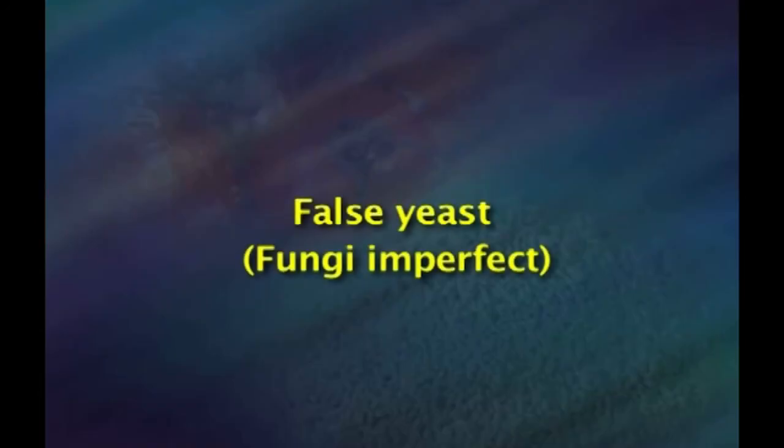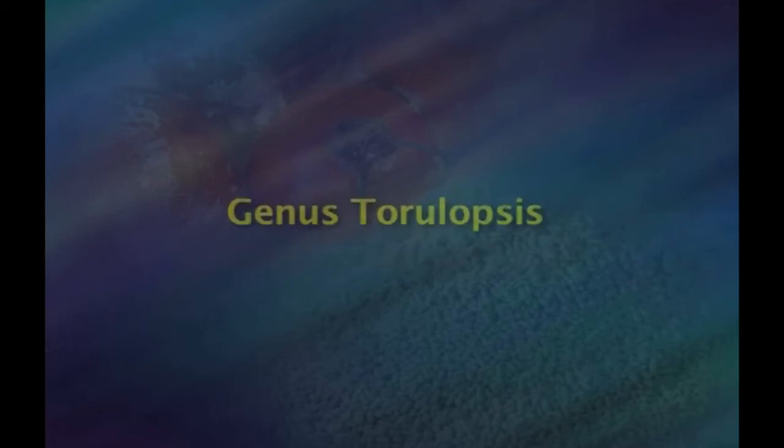Then we will learn about false yeast, that is fungi imperfecti. Under that first comes genus Torulopsis. These round to oval fermentative yeast with multilateral budding cause trouble in breweries and spoil various foods. T. sphaerica ferments lactose and may spoil milk products. Other species can spoil sweetened condensed milk, fruit juice concentrates and acid foods.